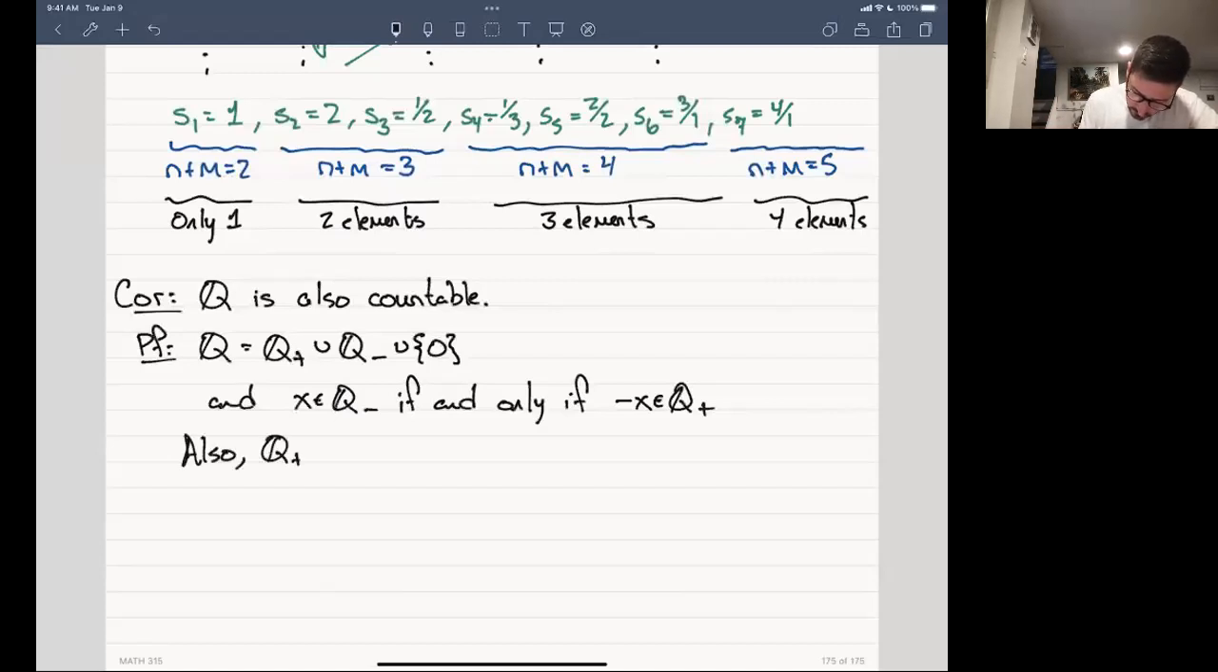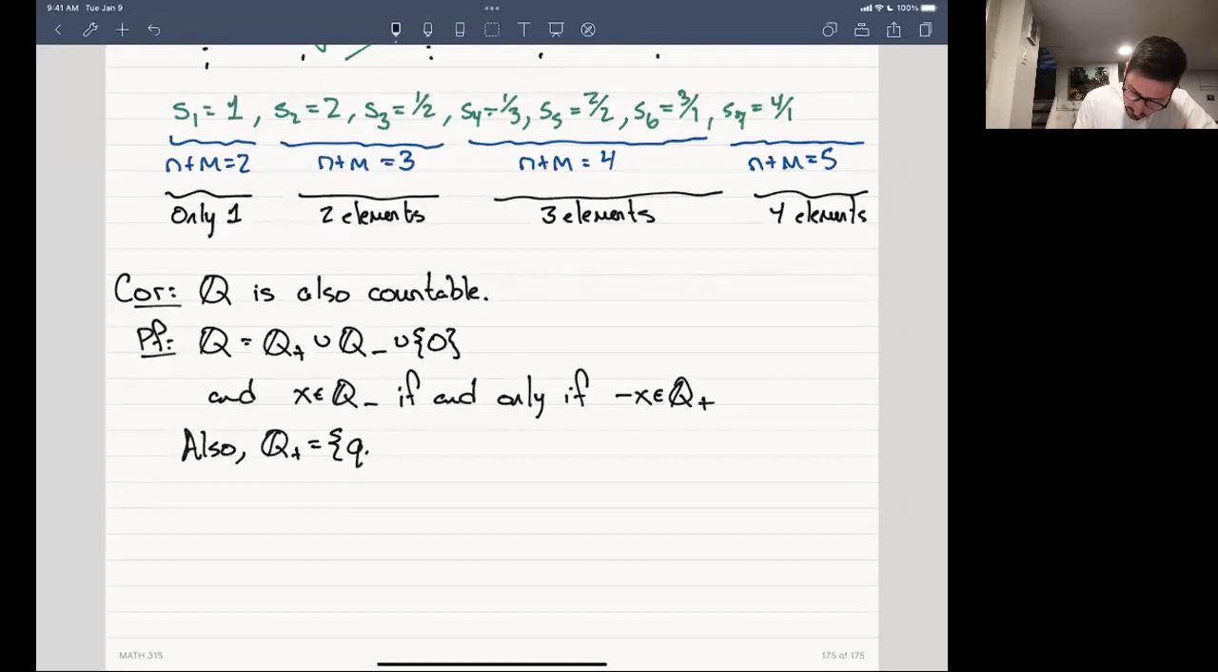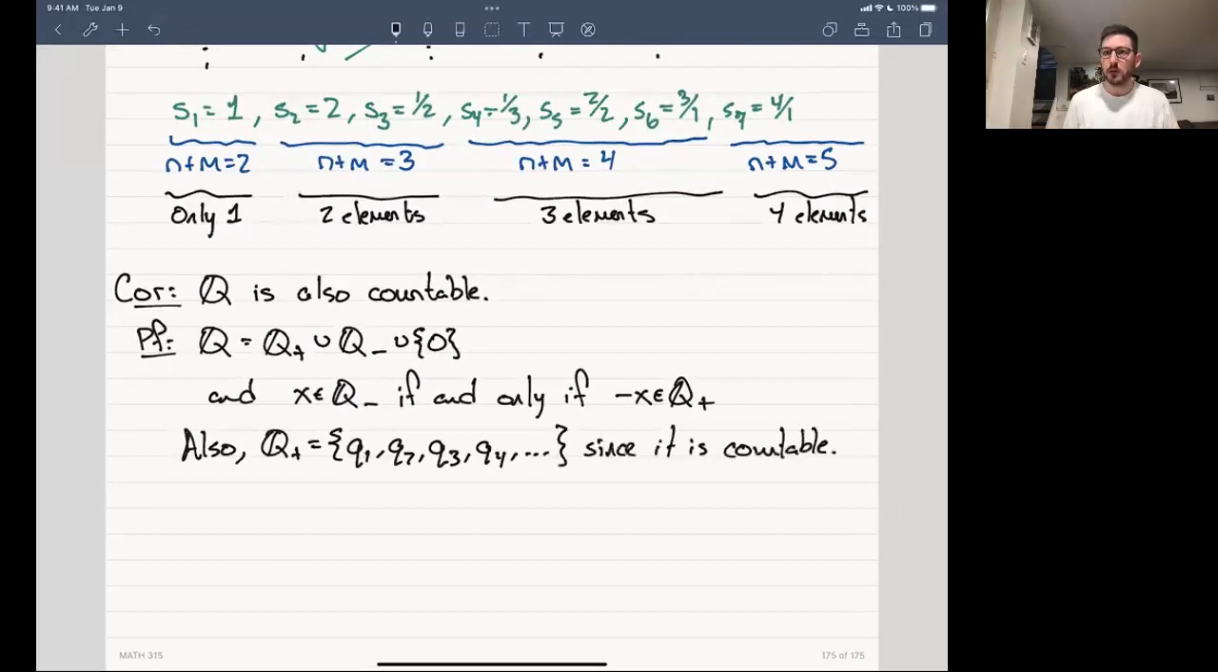So also, Q plus is equal to, now we can list the elements. We just said that it's countable. So let's say this is Q1, Q2, Q3, Q4, and so on and so forth, since it is countable. Okay, so again, we're just breaking Q up into its constituent components. And in the previous example, we just showed that Q plus is countable. So I can list the elements as a sequence, right? That's what this tells me. Well, then list the elements of